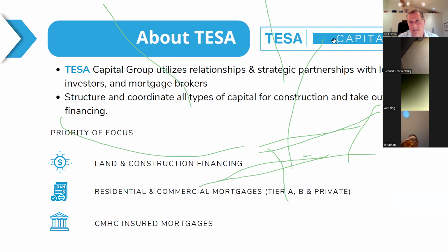So what CMHC MLI Select does is it encourages developers to build sustainable buildings, sustainable meaning and defined as either more energy efficient than OBC, the Ontario Building Code, or buildings that have affordability or accessibility. These are buildings that the government would like to see more of. And so they offer this incentive, and you can get points based on the degree of energy efficiency, affordability, and accessibility that your building has, from 40, 45 to 50 years amortization.